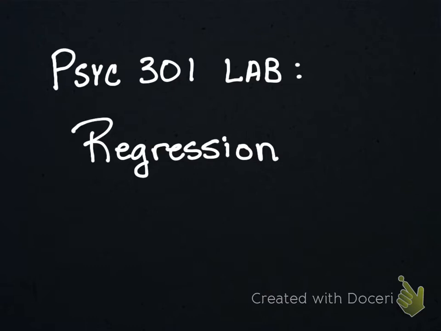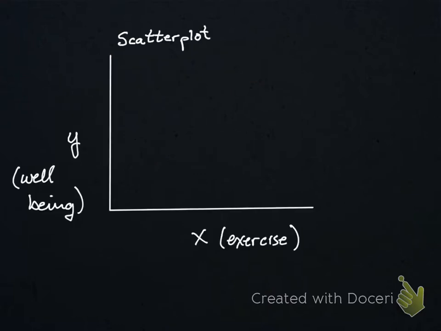And I'd like to start by reviewing the concept of correlation graphically using this scatter plot here. So we're going to be talking about correlation, which is built on this idea of a statistical relationship between two variables. That is, how changes in one variable are reflected in changes in another variable, or broadly, how two variables, quote, co-vary together. And for this review, we're going to be looking at this variable that I'm going to denote with x, and that's going to refer to exercise, and this variable that I'm going to denote with y